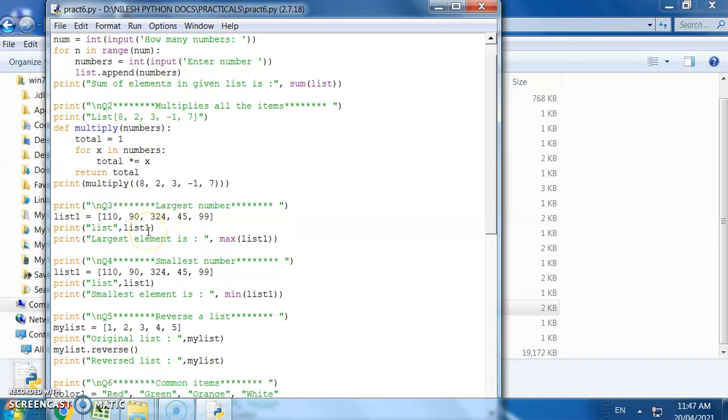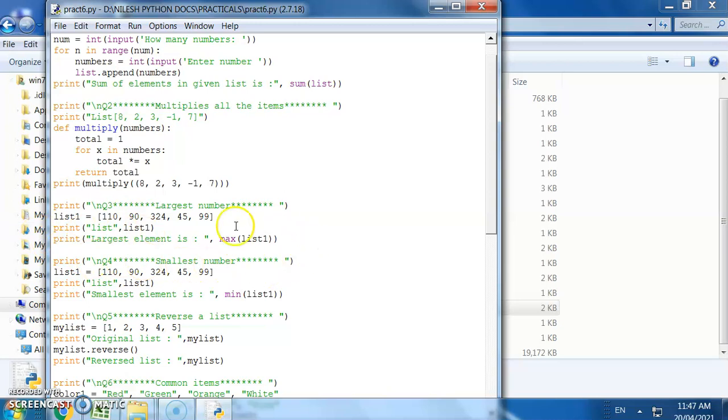Next, we have to find the largest number. The list is already specified here. We already know that we can specify a list in square brackets, with n number of elements separated by commas. We are going to just print the list.